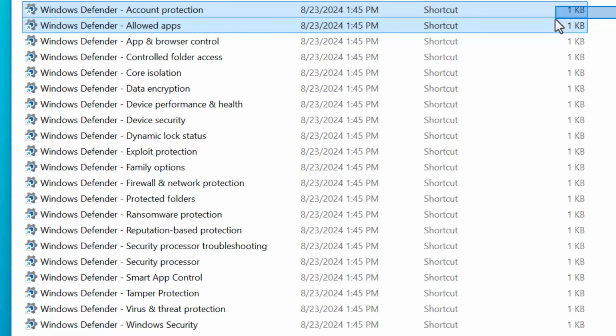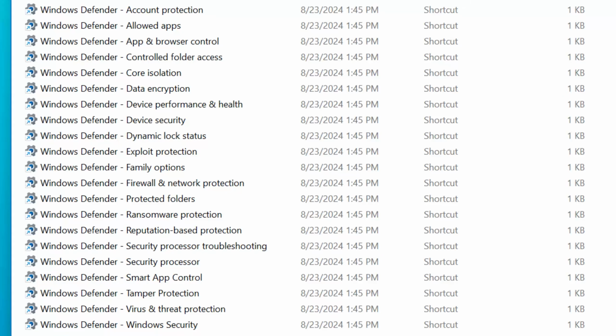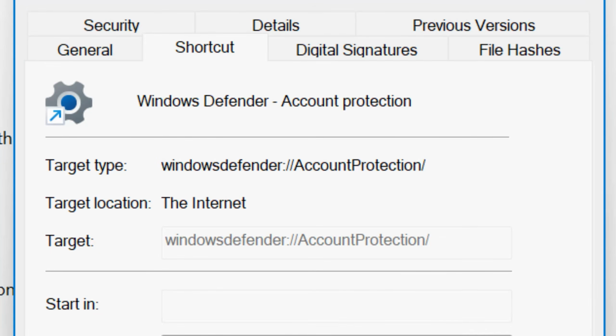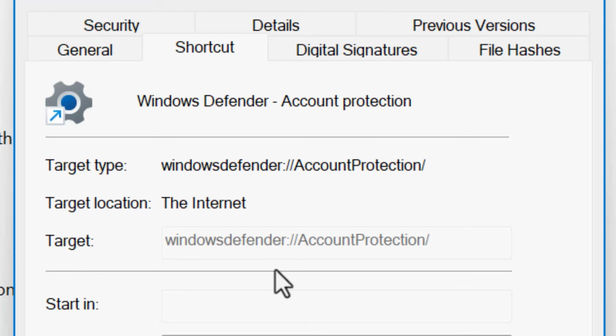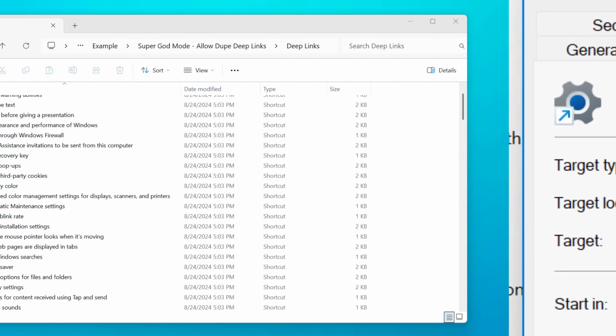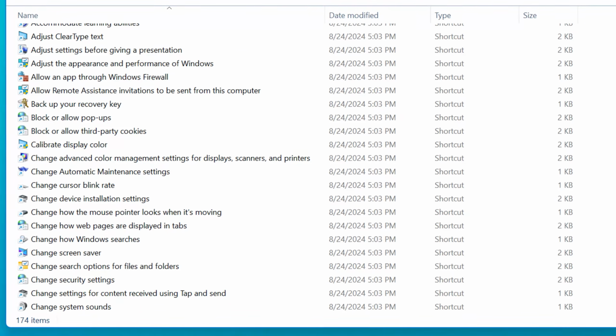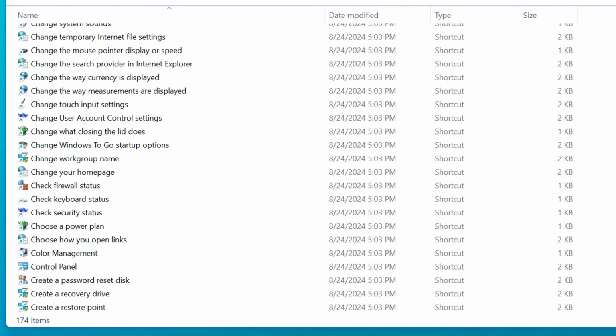If you're wondering why the Windows Defender ones aren't in the settings folder, that's just because these links came from a different place. Again, I'll explain later. But these are a bit different because you'll notice these are actually subpages for the Windows Defender protocol. And where these are listed, they actually had actual names of the links associated, so these have proper shortcut names.